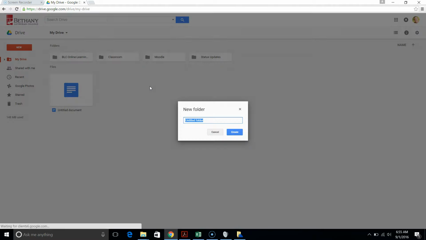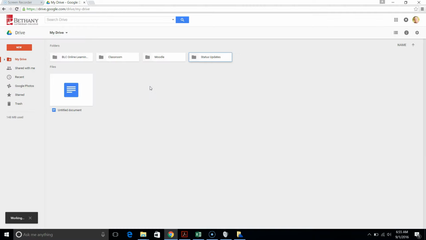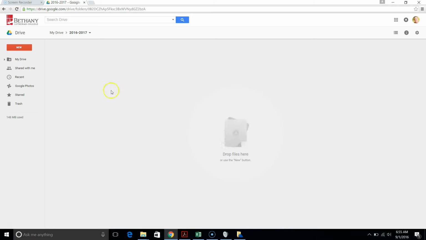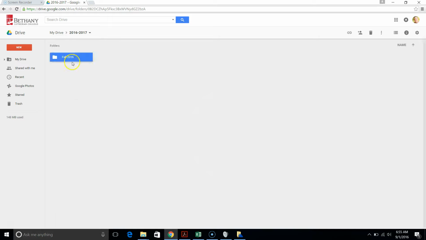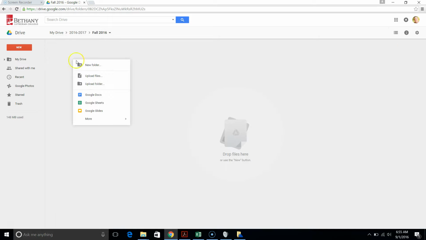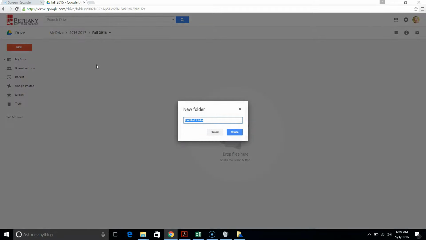So let's say I do that, and I'm going to create a new folder called 2016-2017. This is going to be all my documents for this school year. Inside that folder then, I'm going to right-click again and create another new folder for the fall semester of 2016. And then inside that folder, I'm going to right-click again, and I'm going to start creating folders for my individual